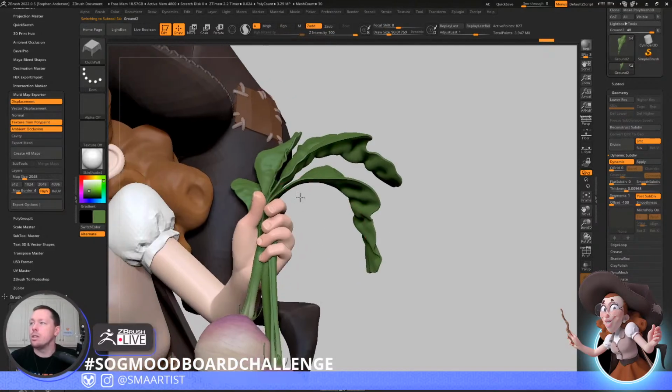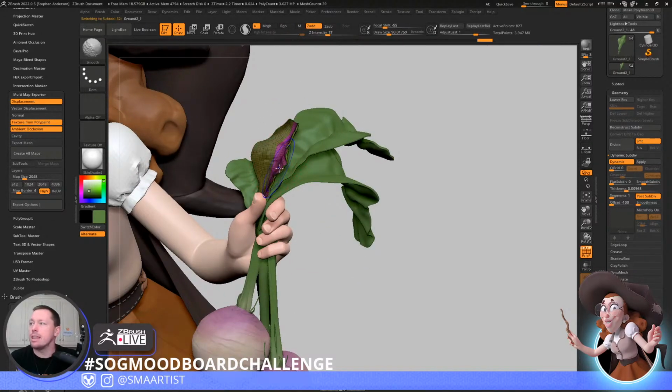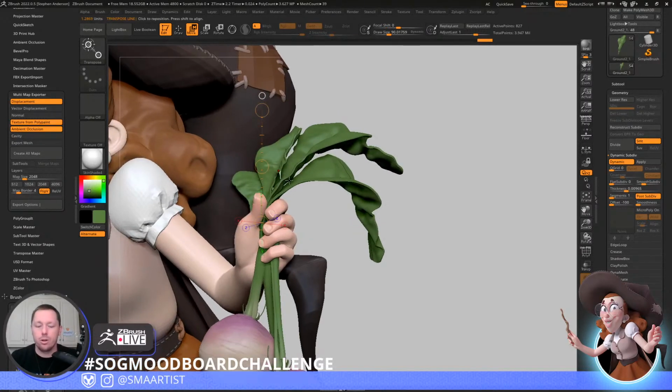I definitely want some more leaves. I love this one, and I think this will work really nicely if I kind of pull this over here. And then using my transpose line, if I hold Alt,